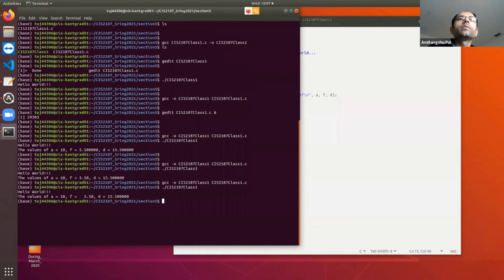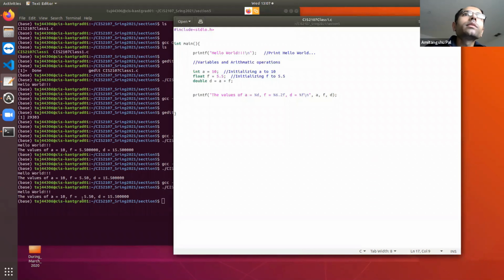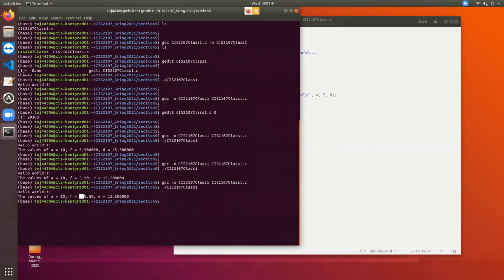Let's see what this means. If I print in this format, you'll see that there is a space after the equal to. That means it has taken a total of 6 digits of space, including 2 digits after the point.